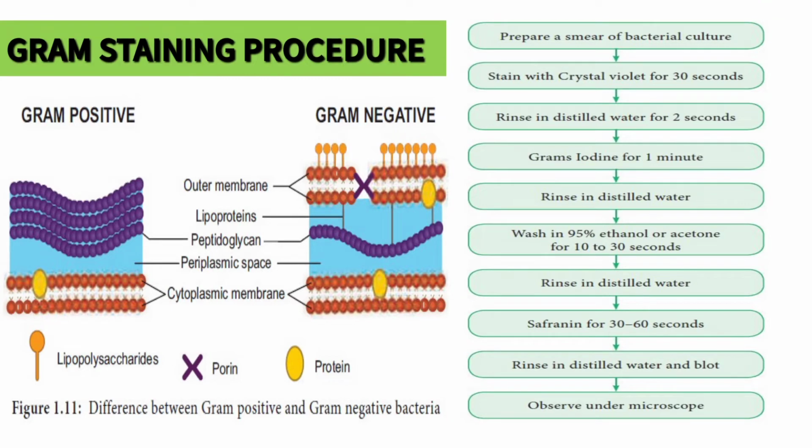Then the peptidoglycan layer: here it is a single, very thin layer, whereas there you have many layers of peptidoglycan. So this is the difference that you have between gram positive and gram negative bacteria. This can be observed with the help of the staining method given by Christian Gram. He is a scientist who gave this method, so this method was called the Gram staining procedure. Understood? I hope this is very clear, right?